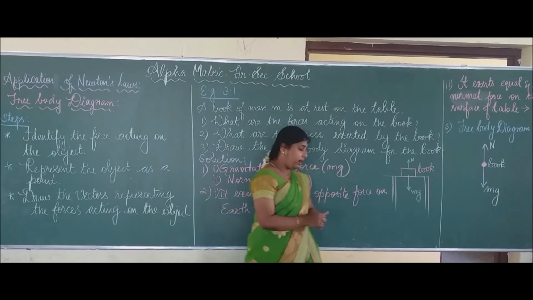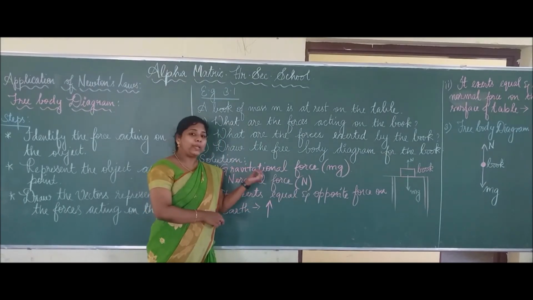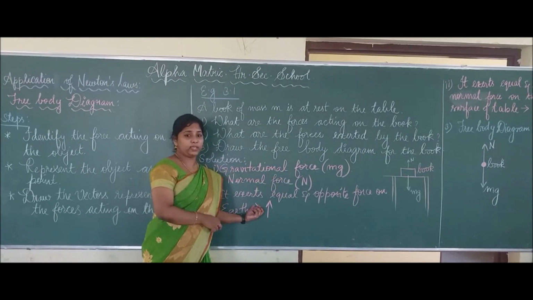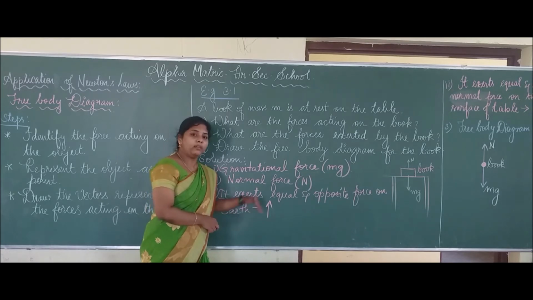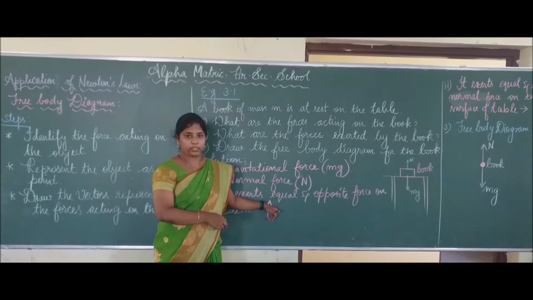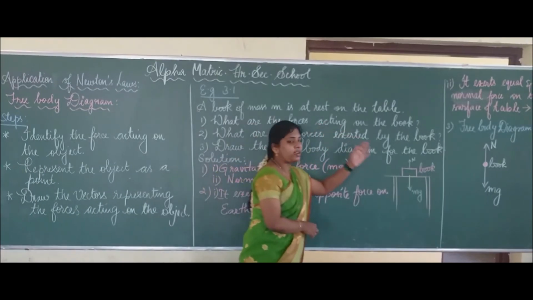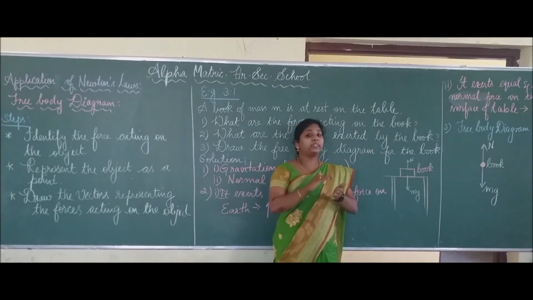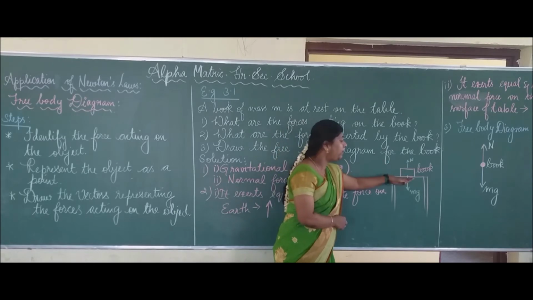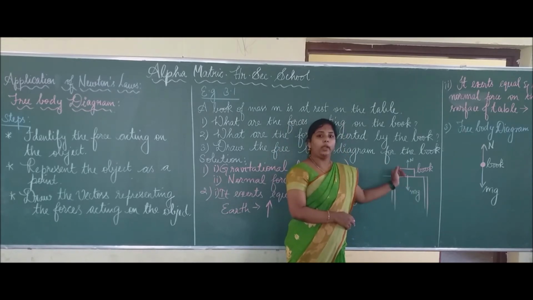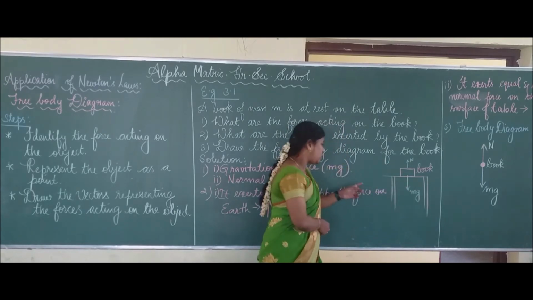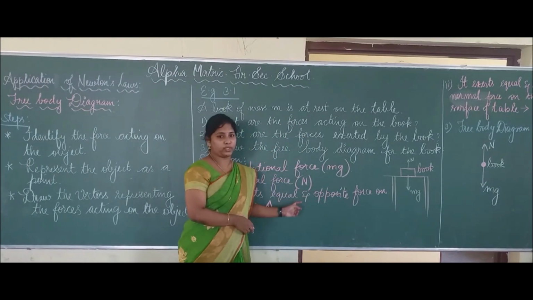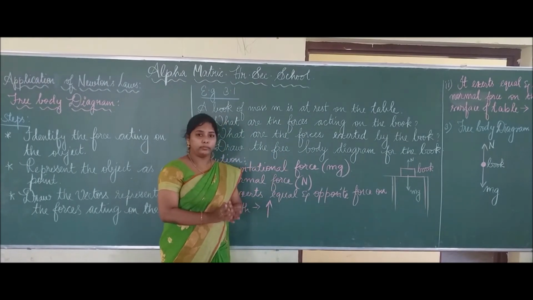Downwards. Okay, so what are we saying? The same equal and opposite force acts on the surface of the earth, which means acting upwards. The same thing exerts the equal and opposite force on the surface of the table, acting downwards. So these two forces, the reaction forces, are exerted on the book.